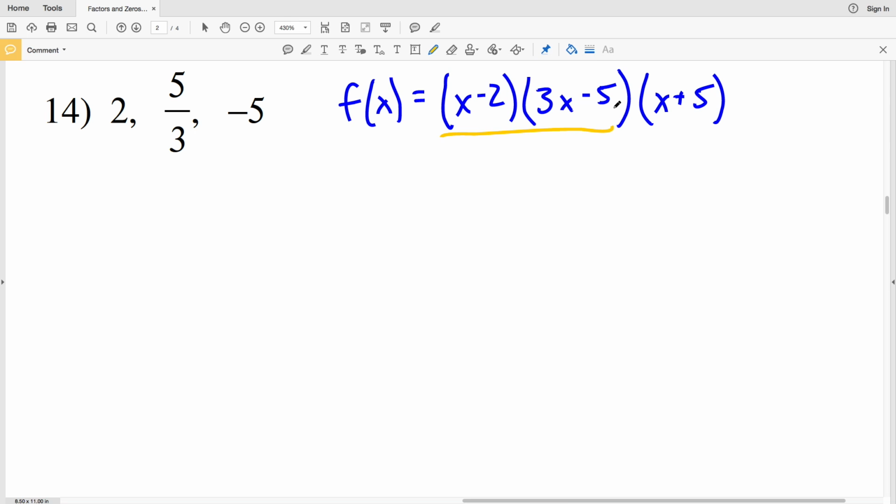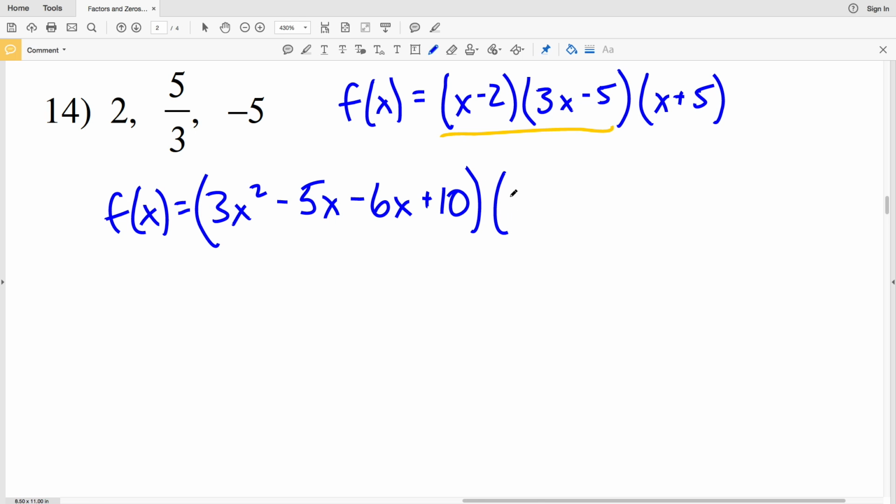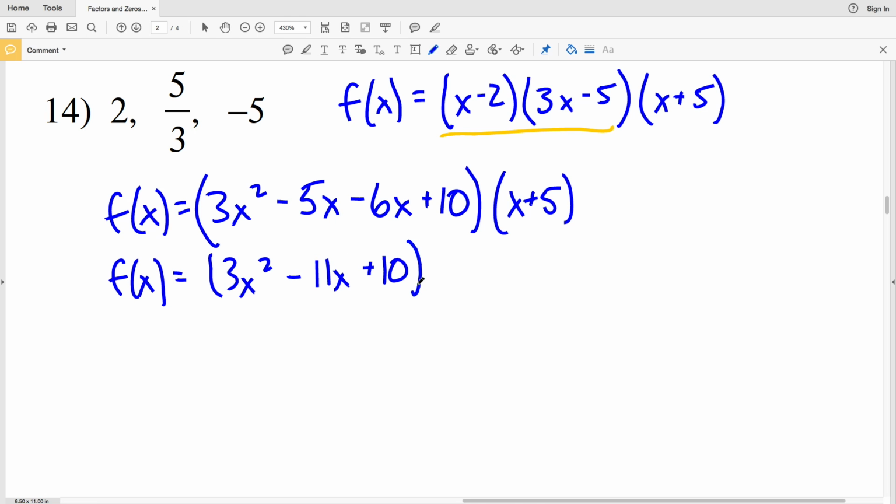So I'll start by multiplying my first two binomials together. So f of x equals x times 3x, which is 3x squared, and then x times negative 5 is plus negative 5x or minus 5x, and then negative 2 times 3x is negative 6x, so subtracting 6x, and then negative 2 times negative 5 will be adding a positive 10, and that will get multiplied to x plus 5. So simplifying, f of x equals 3x squared minus 11x, since negative 5x minus 6x is negative 11x. As opposed to adding, we'll be subtracting that 11x, and then we're adding 10, and that will get multiplied to